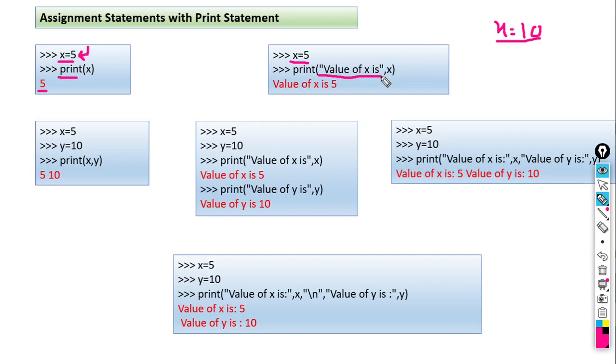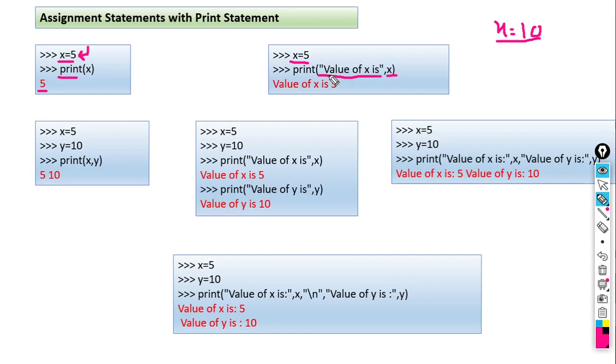So here also print is there, some text is there, comma is there, and then the variable name is there. Look here. In the first example, we printed only x. So it gives you the answer only 5. But we want to display here value of x is 5. So how can we print it?